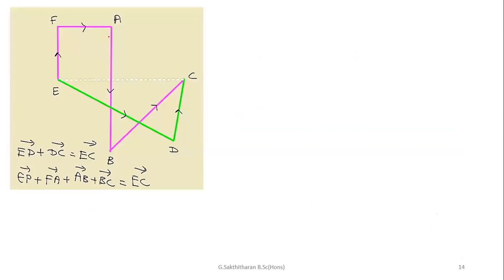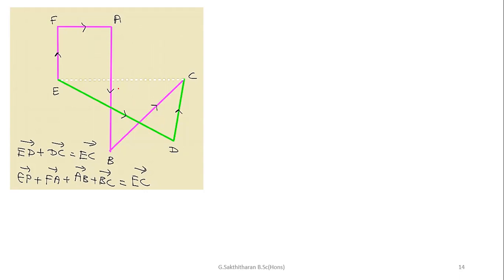In this figure, see this figure, here points E, F, A, B, C, and also here point D. Now we can check the directions of the vectors. Here E to D and D to C, anti-clockwise. So vector ED and vector DC have the same direction, anti-clockwise. So adding these ED and DC vectors gives the